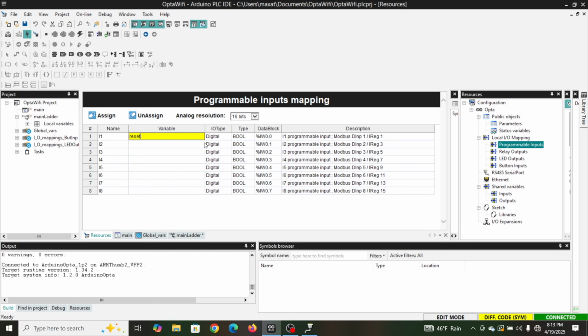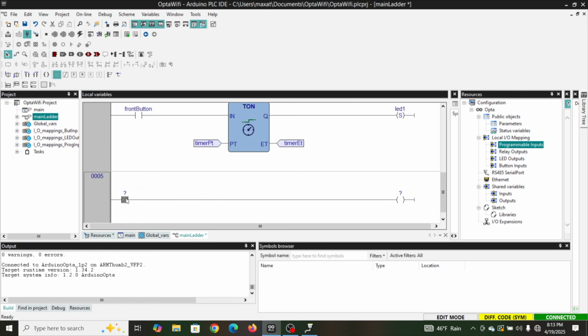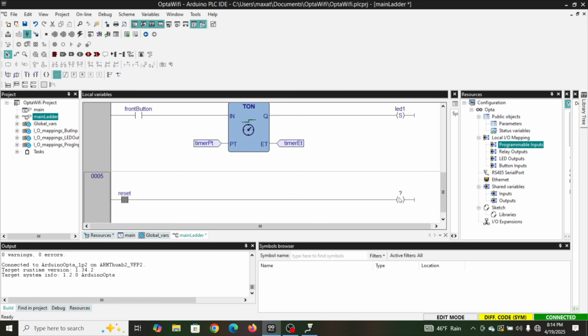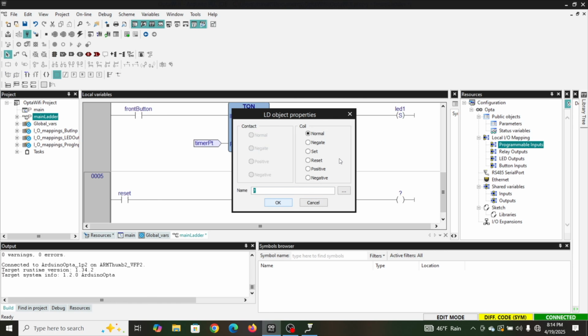But that's going to be our key switch. So it's digital, Boolean, we're just calling it reset. So now we should be able to use it in our ladder. So if we double click here, type in reset, boom, comes up. And then we want to do the R bit of this LED 1, that way we can turn it off. So we'll do reset,